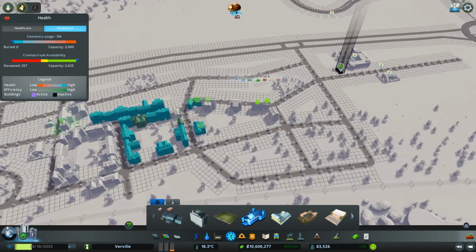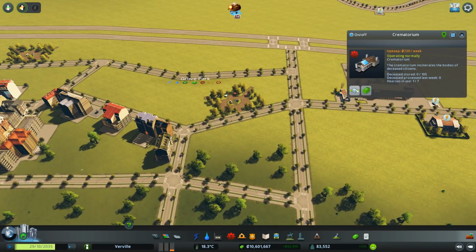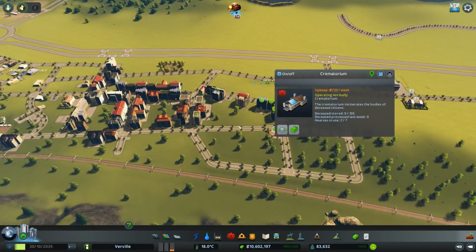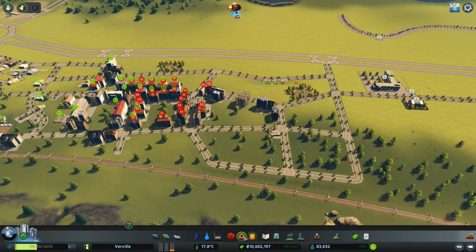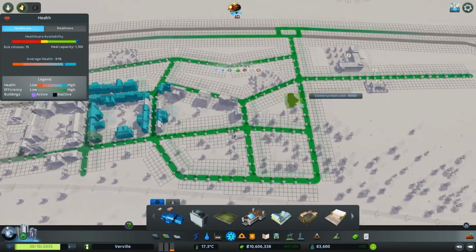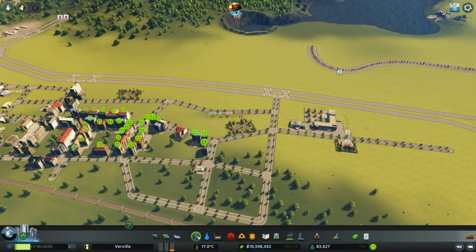I know we shouldn't really put a crematorium next to... maybe that's a bit inappropriate. Shouldn't be really putting it next to a school. Drop that in the centre. That will drive it. I think we can probably get a medical clinic in as well. We put a medical clinic there, so that should...